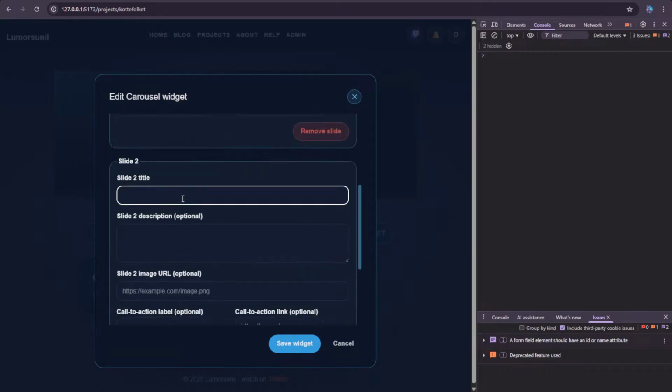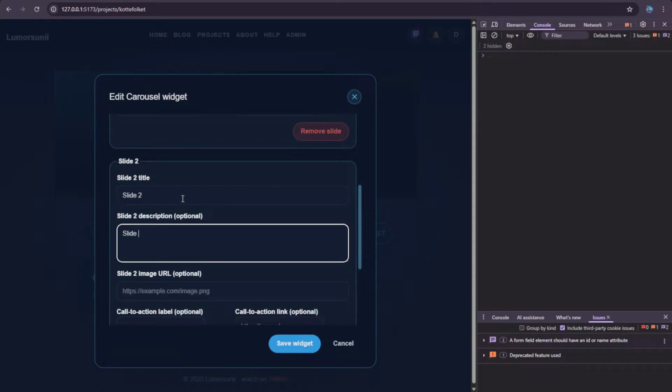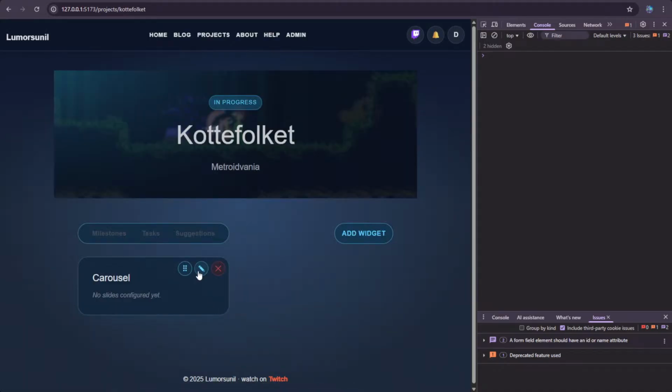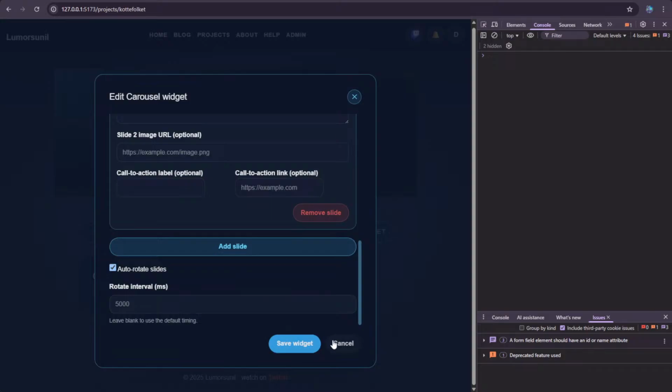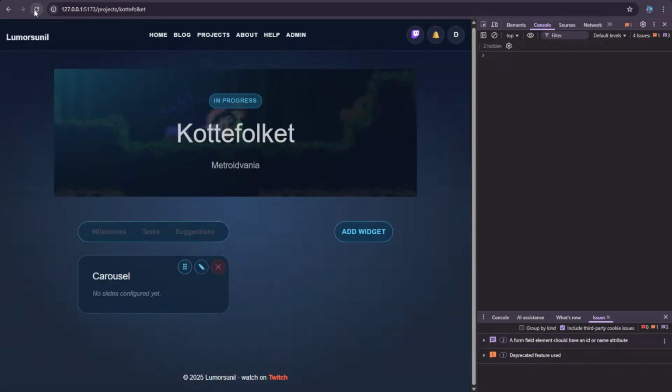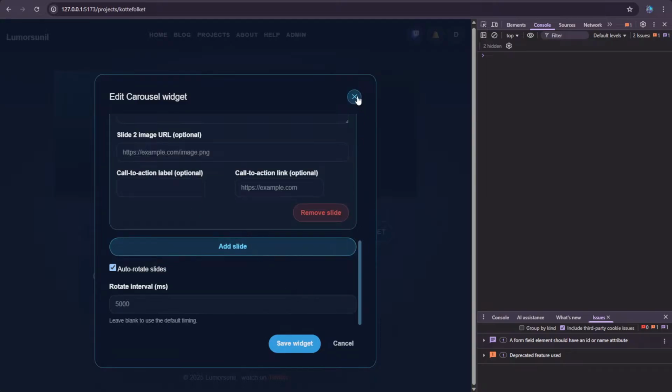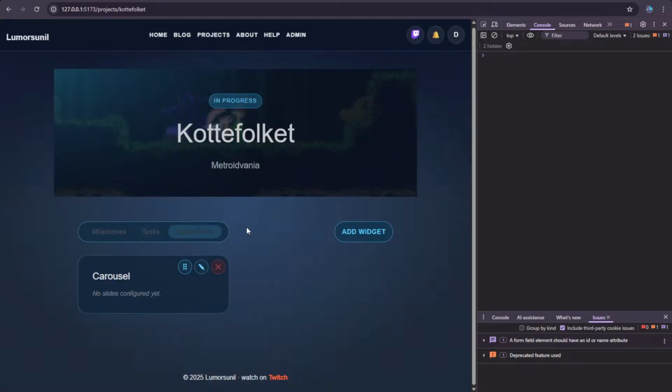Let's see, slide 2. Sure. All right. So now this is here. If I now refresh, this should still keep the same things. Yes. But there's nothing in the content. So let's go to,